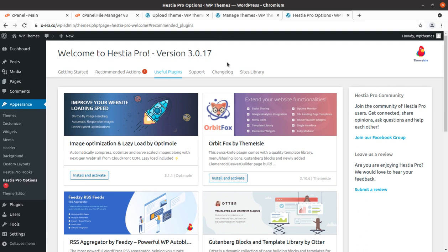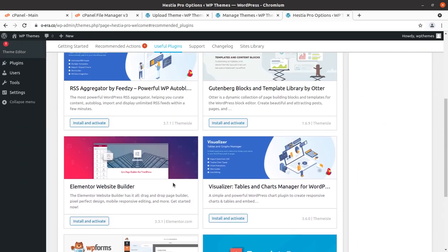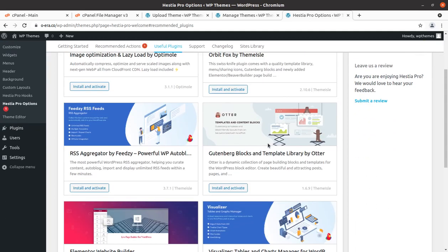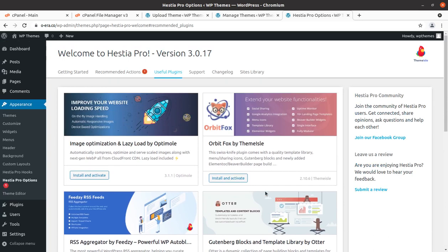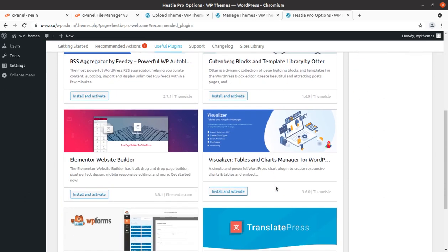This is version 3.0.17, and yes, you can use all these features if you are using the pro version. These are the additional plugins that will definitely enhance the features of your website. Okay, that is good. So install and activate is available for Orbit Fox by the theme as well, and the RSS aggregator, Gutenberg blocks, Elementor website builder, and Visualizer.